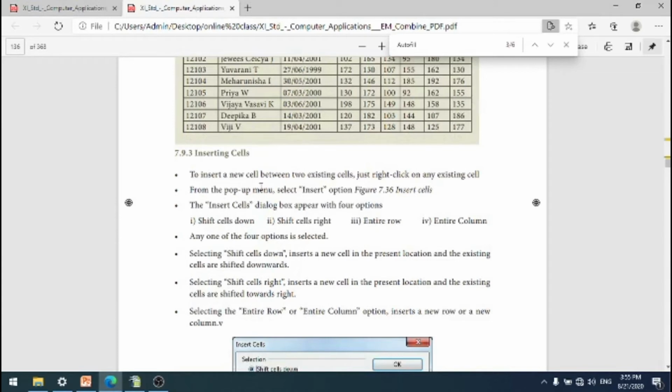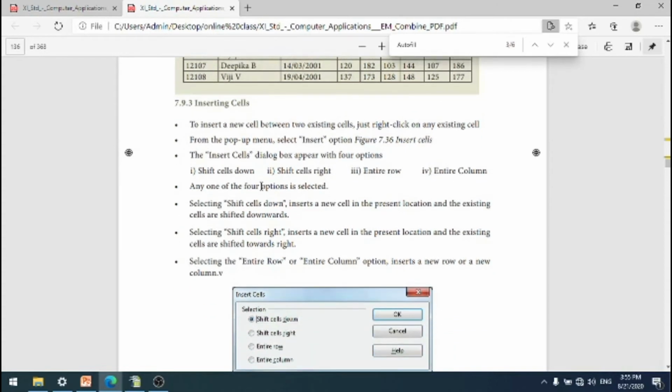To insert a new cell between 2 existing cells, just right click on the existing cell. From the pop-up menu, select the insert option, then the insert cell dialog box will appear. 4 options: shift cells down, shift cells right, entire row, then entire column. So any one of the 4 options may be selected.